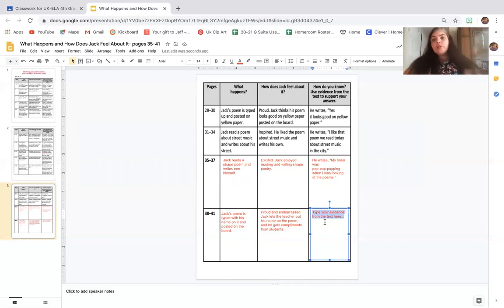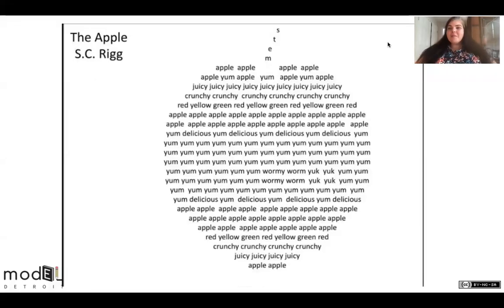Now, I told you I would share with you our poem, The Apple. So if you'll pause the video for a moment and get to the back of your book, Poems Shared by Miss Stretchberry. And that is right after Street Music. You can't miss it because it looks just like an apple. I'll let you pause the video now, and you can resume when you have found the poem. Okay, I'm glad you're back.